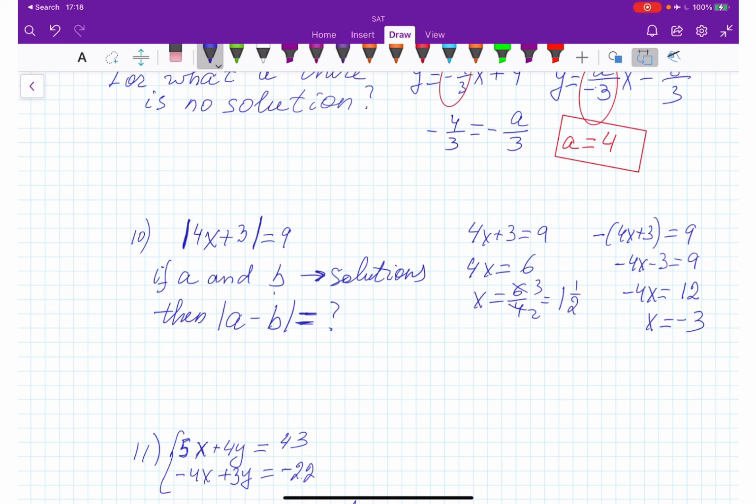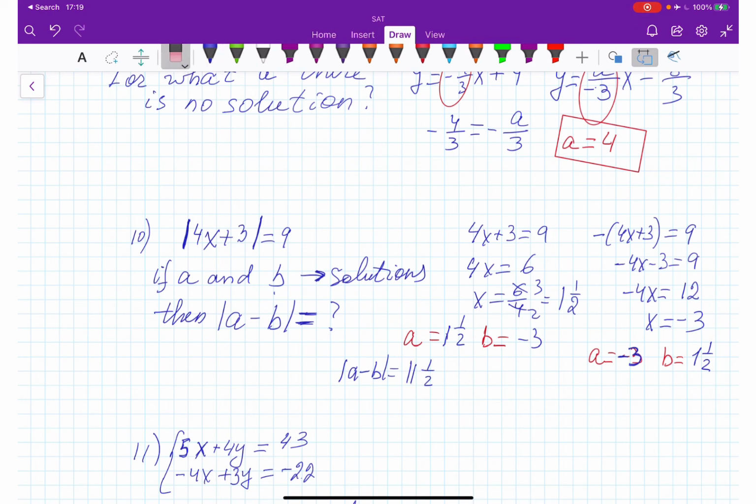So here is our choice. Either A is equal to this or B. So let's assume first A is equal to 1 and 1/2, B is equal to negative 3. And then we can switch positions. A will be equal to negative 3, B will be equal to 1 and 1/2. Since we don't know which value is A, which value will be B, we're going to try both cases. Okay, we need to find A minus B, right? So absolute value of A minus B is equal to the absolute value of